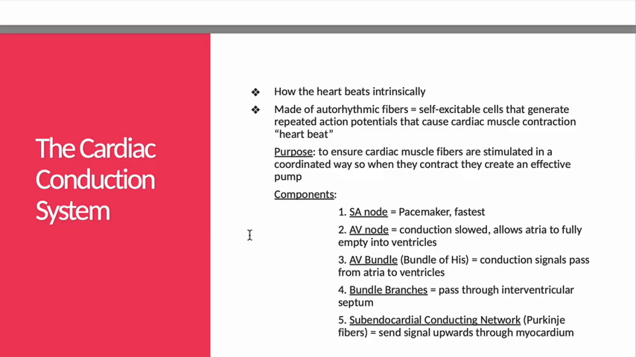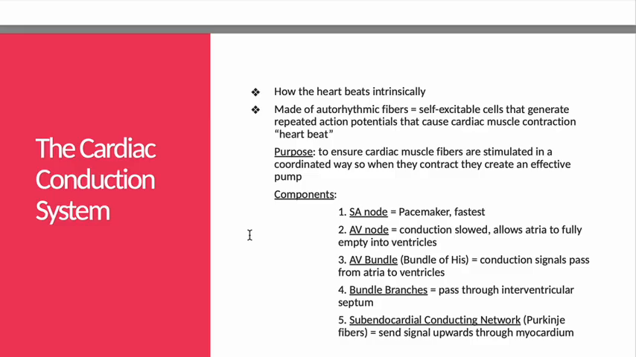So the cardiac conduction system is how the heart beats intrinsically. The heart is able to beat without any direction from the central nervous system, the brain, anything like that. It has its own cells inside of it that are able to keep that beat within the heart itself. So the cardiac conduction system is made of autorhythmic fibers. These fibers are able to excite the cells in that pathway themselves, and they can generate repeated action potentials that